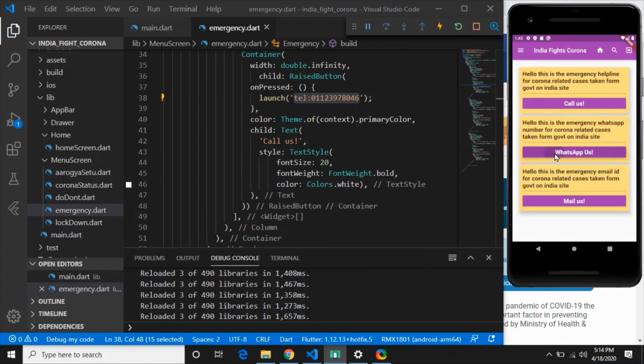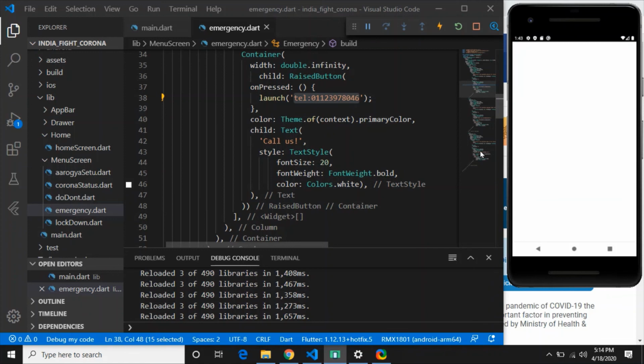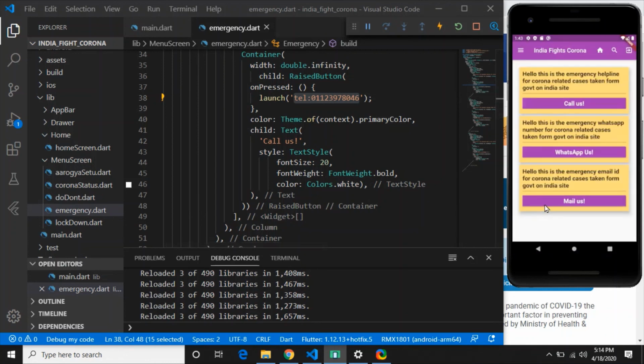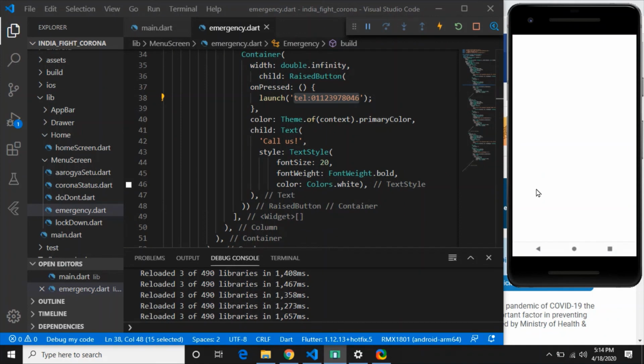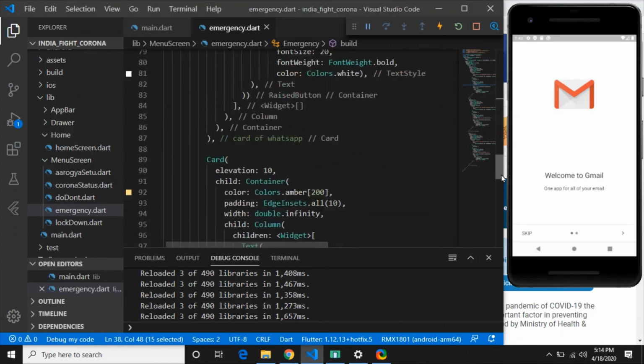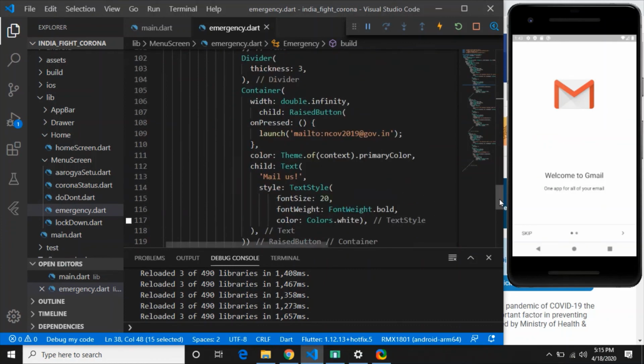And if you click on mail us, then it will take you to the mail function, and that mail function will be opened by this emulator. Look, you come to Gmail. So this is how the 11th part of this lecture was, and I hope you understand. It was quite easy, a part of this has been done earlier, so it was quite easy for you to launch and to interact with system apps.